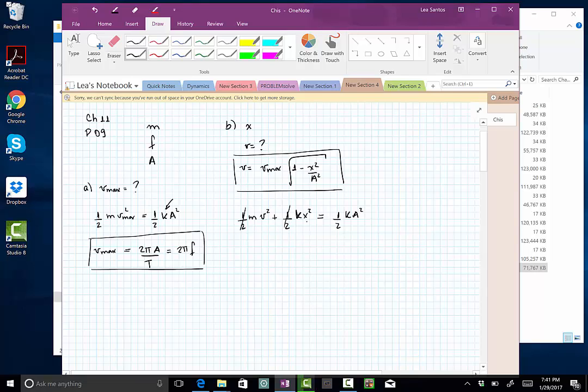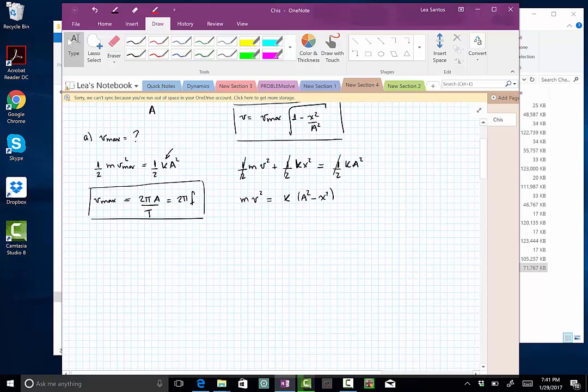From here, cancel the halves and try to find an expression for this V at an intermediate point. So this is k times amplitude squared minus x squared. Play a little bit with this, and we find that V squared is